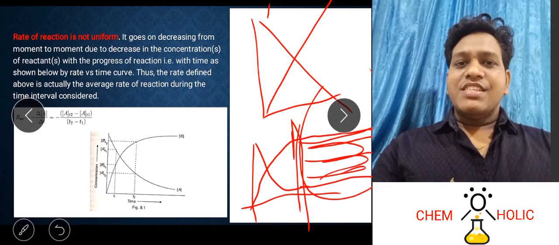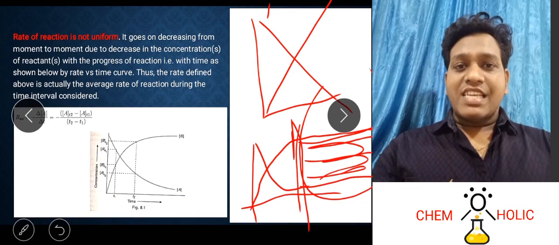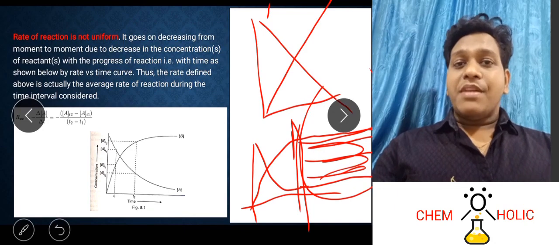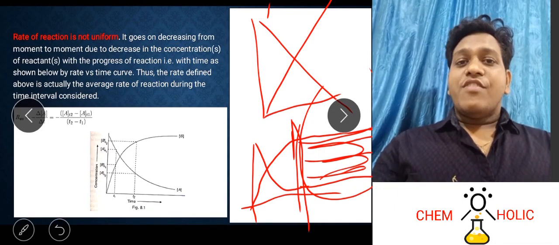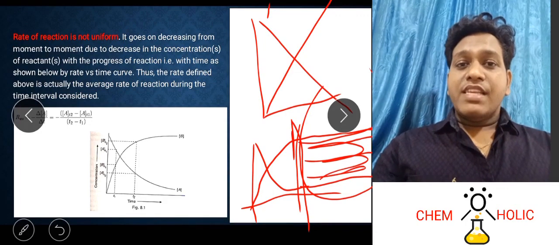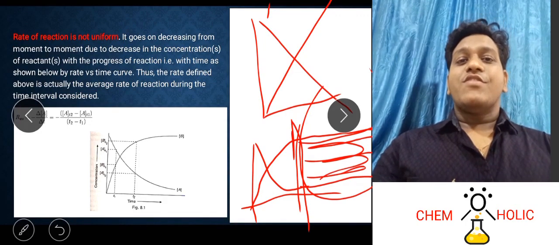So once it reaches equilibrium, what does it mean? It does not mean that nothing is happening. It is happening. But what is happening? The rate of the forward reaction and the rate of the backward reaction, which we can say are the rate of heating and the rate of cooling, are equal.